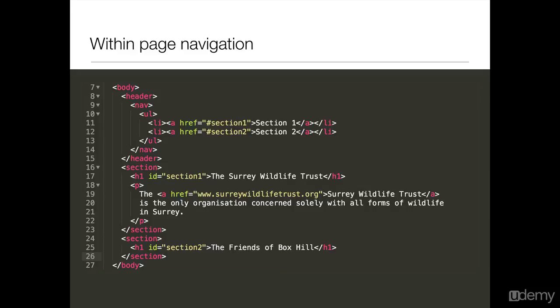So let's look at linking within a document. What I've done here is to use a design pattern which is quite common on the web. I've put in effect a contents page in the header of the document using a navbar, a nav element which I introduced a little while ago, an unordered list, because I'm not going to want those numbered by default. I'm going to use my own numbering, and here I've got a hash with the anchor point that I want to link to. Within the document itself, I've given an ID to the level 1 headings,